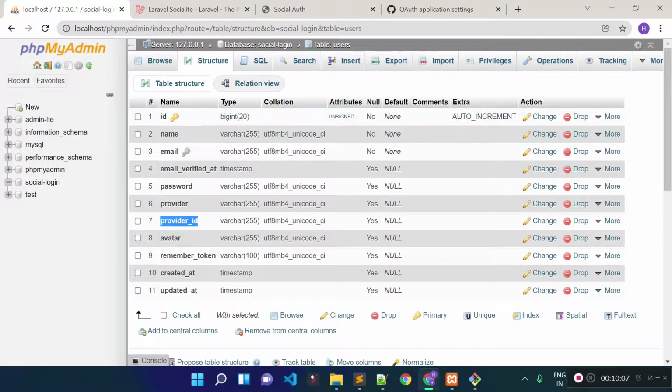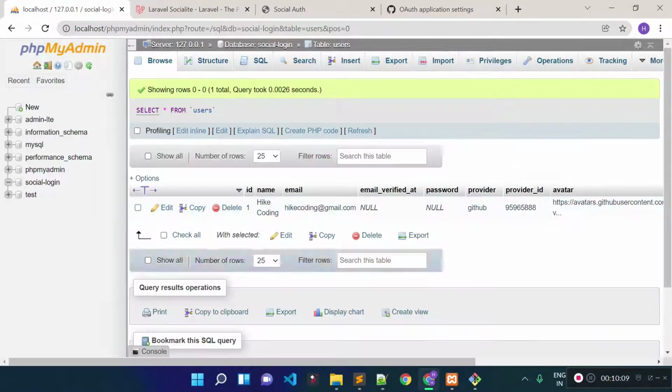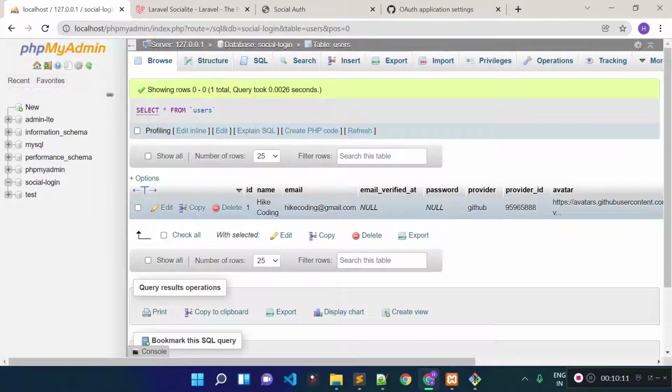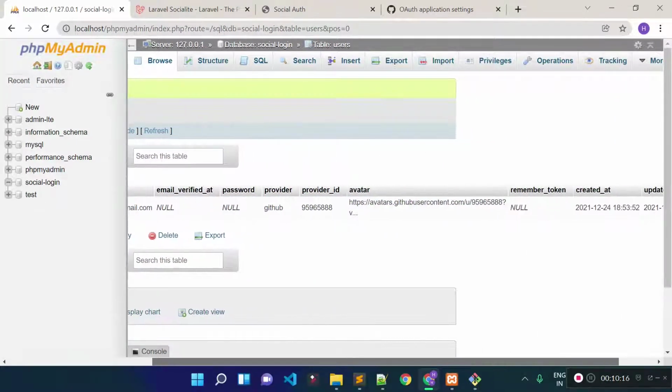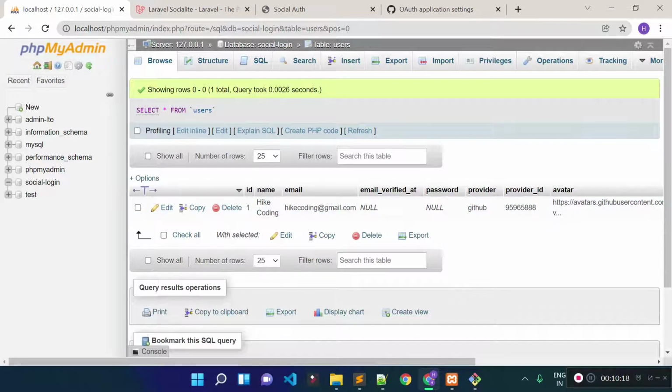If I check our users table, you see the provider is updated. We cannot insert many records with the same email because this users table is unique for the email column. Okay, that's why we are just updating the provider name.